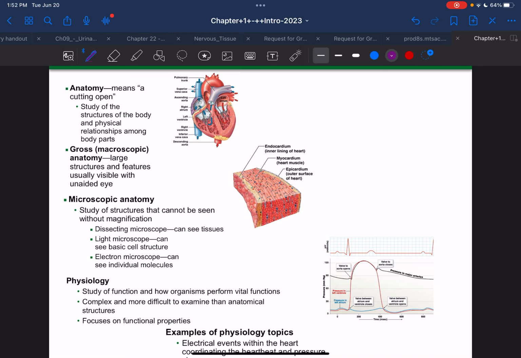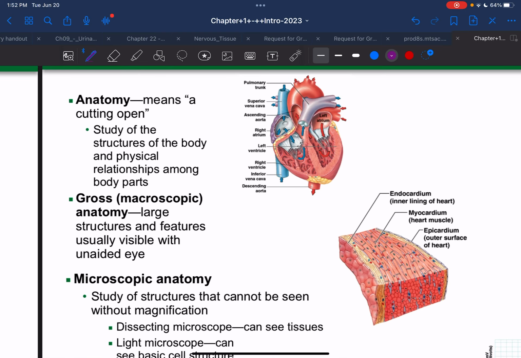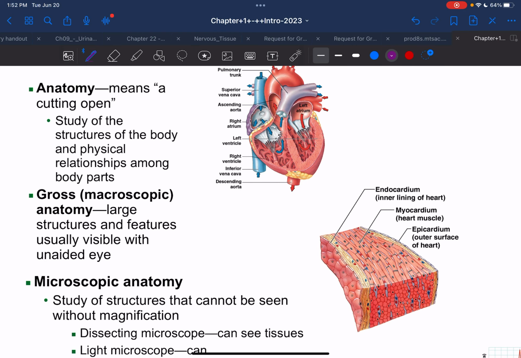And so, now to discuss anatomy a little further, because there are different forms of anatomy, what time is this class supposed to end? 3:05? 3 o'clock. Okay, thank you. And so,